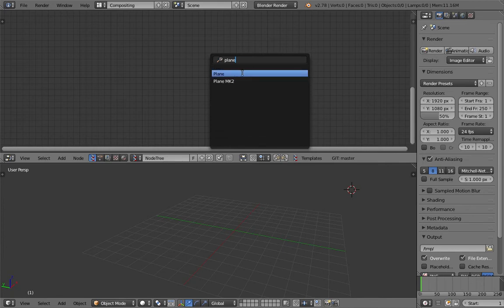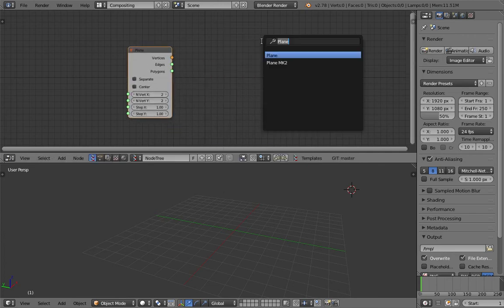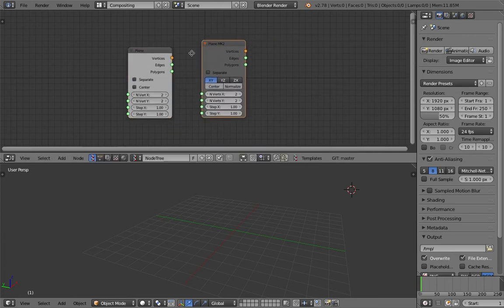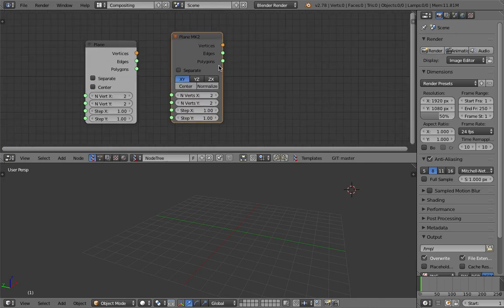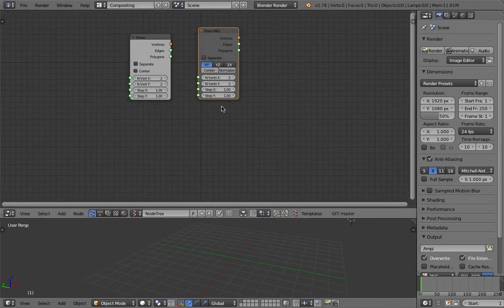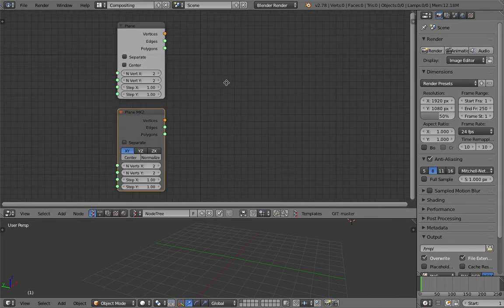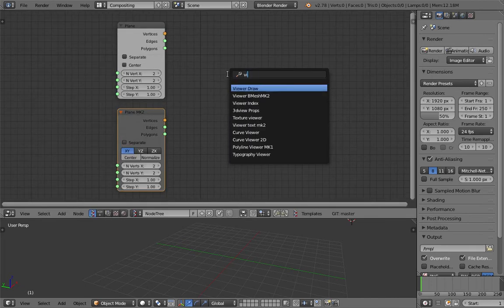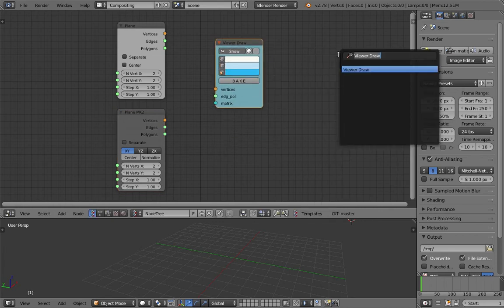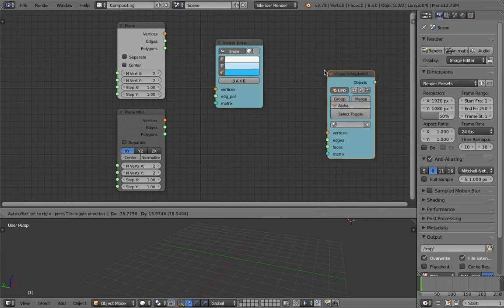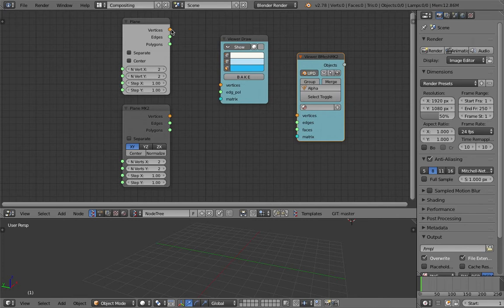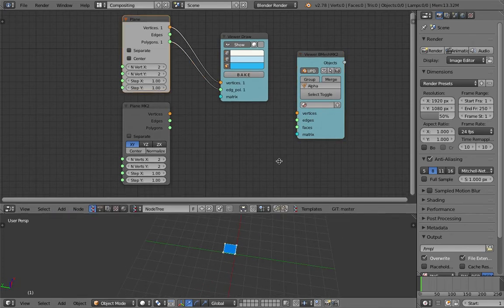So this is the old version. This is the new one. You can compare the difference. Usually MK2 is the updated version, and you can test out what this node does. The easiest way to test is to use viewer draw or viewer bmesh MK2. With a viewer draw, you usually get this kind of preview,